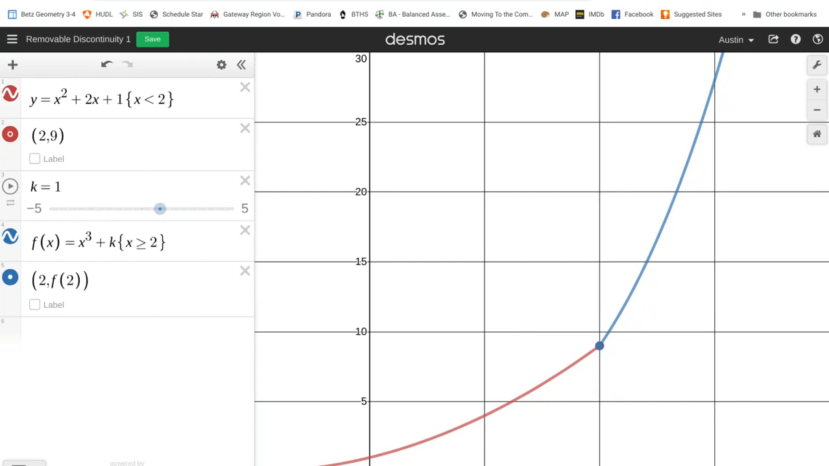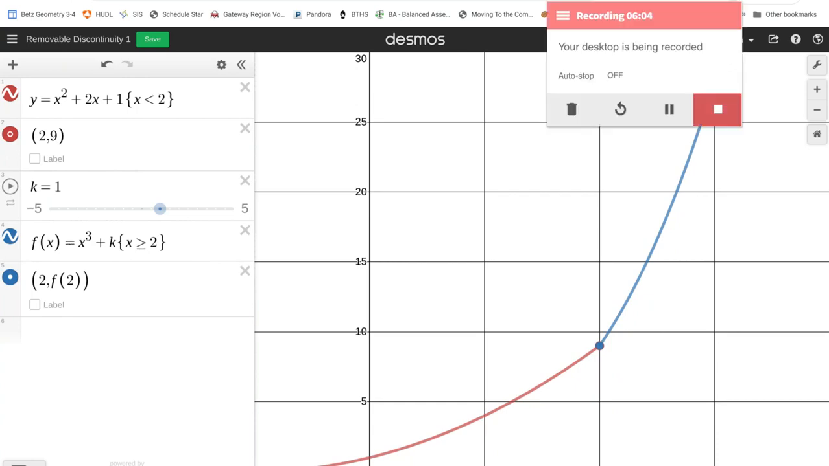So the idea here is we're just trying to figure out what that k value is, and we can evaluate that numerically or algebraically using the ideas with limits that